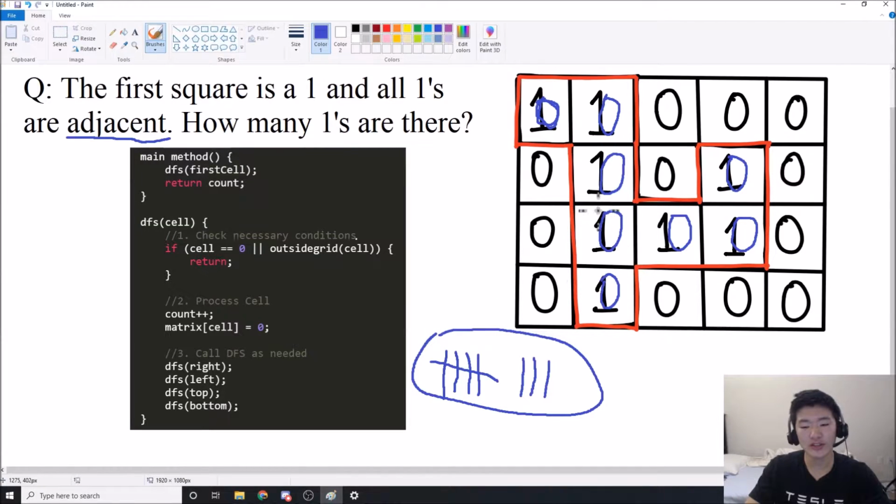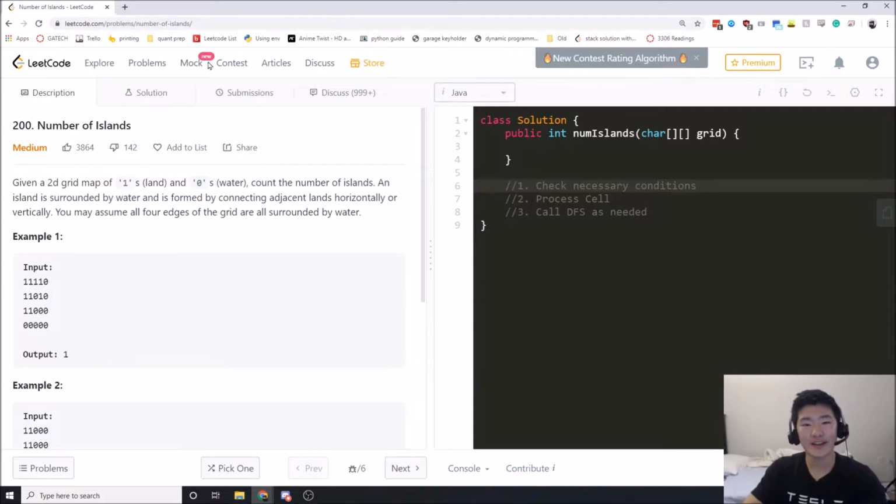So what you'll notice is that, well, actually this is a very dense grid, but in sparse grids, it's even more important to use DFS rather than traversing over the entire grid. But really, we only process cells that are ones. We didn't have to look at every single cell. So yeah. Okay, so before we jump into this LeetCode medium problem,